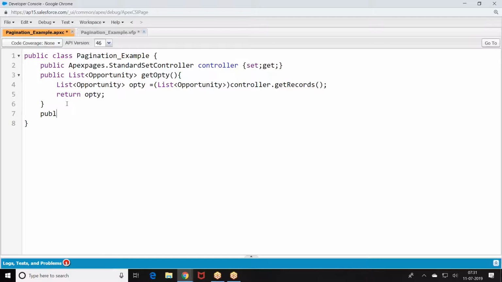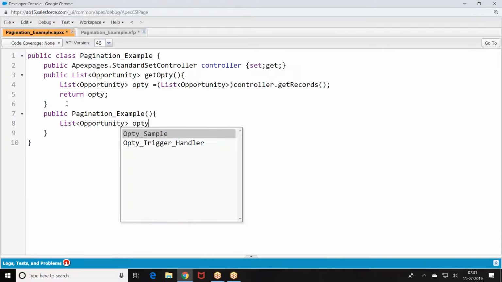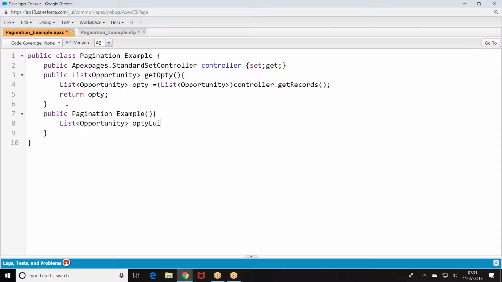Now, which records are there in the controller? Let me give an example. Pagination. First, I'm writing a query for opportunity.